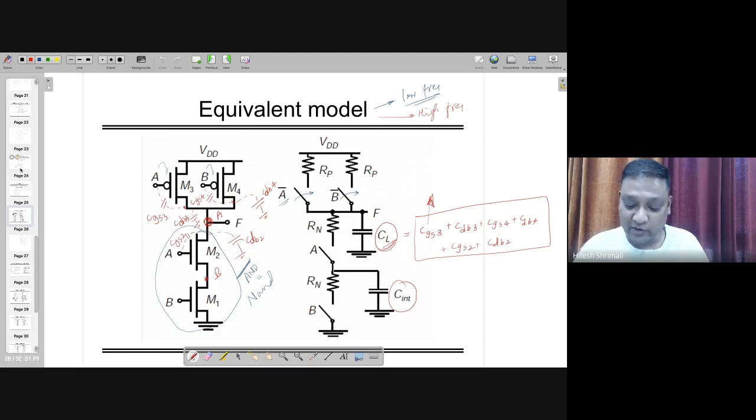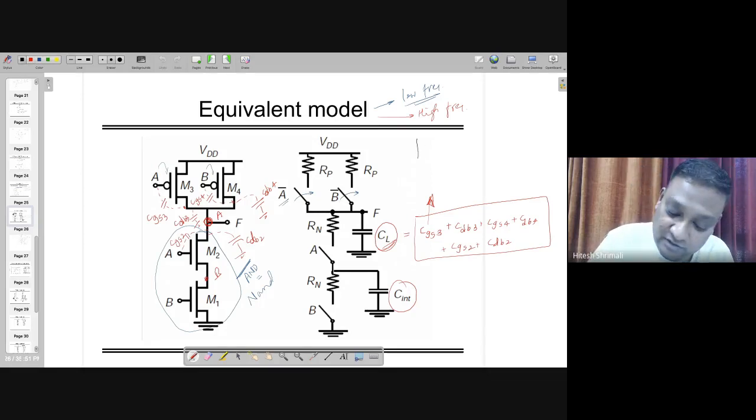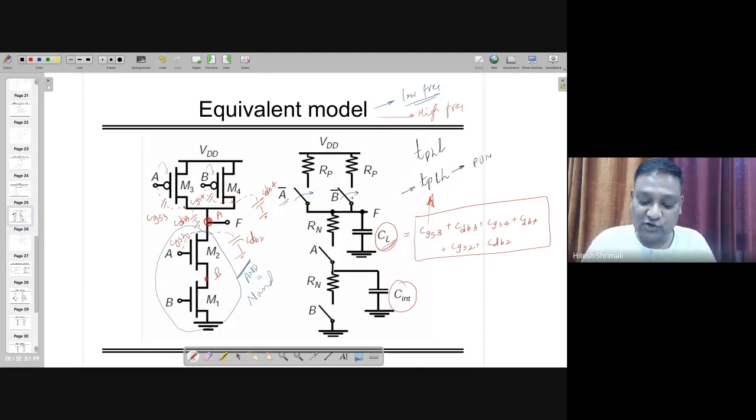When you have the equivalent model and you have the RC, and when all these switches are on, now let's assume that you want to find out the TPHL or TPLH. If you are interested in finding out TPLH, you need to look at the pull-up network. So all the switches which are associated with pull-up are going to be on, and those with the pull-down are off. When you do this, you can find out the equivalent model or use the Elmore delay. For such a case, it's very easy. It's like this one.